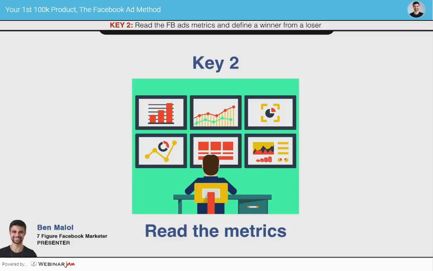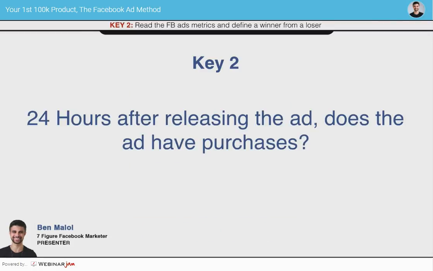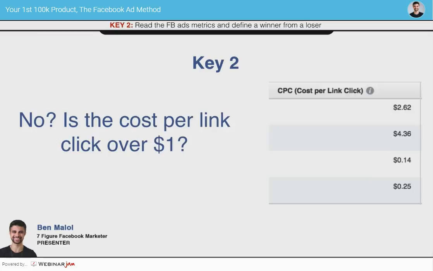Now, key number 2 is reading the metric. This is what's important. Okay, this is the most important thing. You need to know how to define a winning product from a losing product. So 24 hours after releasing the ad, you need to ask yourself, okay, does the ad have purchases? Okay, now, so you look at the ad and you should see if it brought any purchases. Now, if it didn't bring any purchases, then you ask yourself, is the cost per link click over